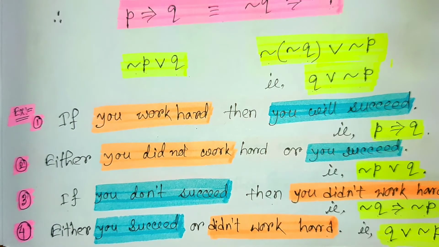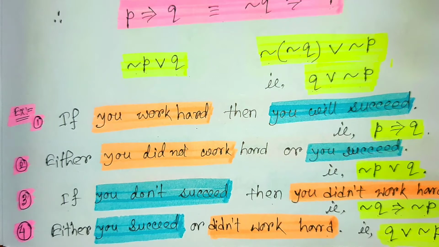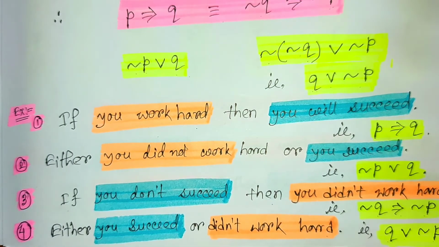So, just have a look, all those statements we have written, and the same statement we have written in a different form, and all the outcomes are the same. So, in this way we can find out the contrapositive. Mainly, if you work hard then you will succeed, and if you didn't succeed then you didn't work hard. Both are the same, and this is the contrapositive. Now, we can come to know about the inverse and the converse of the given statement.